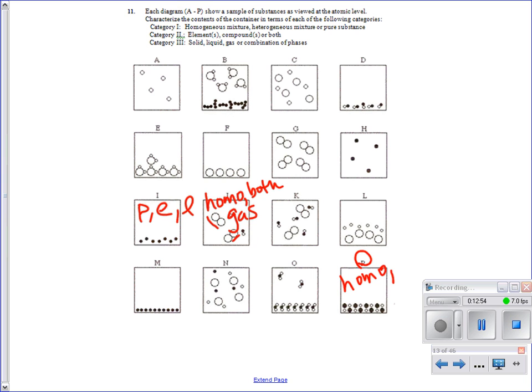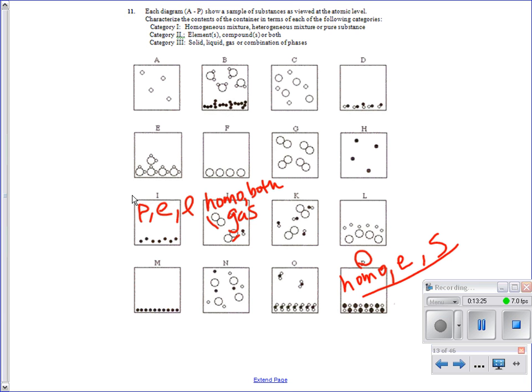Elements, compounds, or both? Elements. Those aren't attached, so they're all different elements, okay? Solid, liquid, or gas? Solid. So what is this an example of? Bronze or whatever, okay? Any sort of metal mixture. That's a solution. So don't let the word solution, you have to break your train of thought growing up. A solution, you think liquid. I know I do. But you can have a solution being gas or a solution being solid.